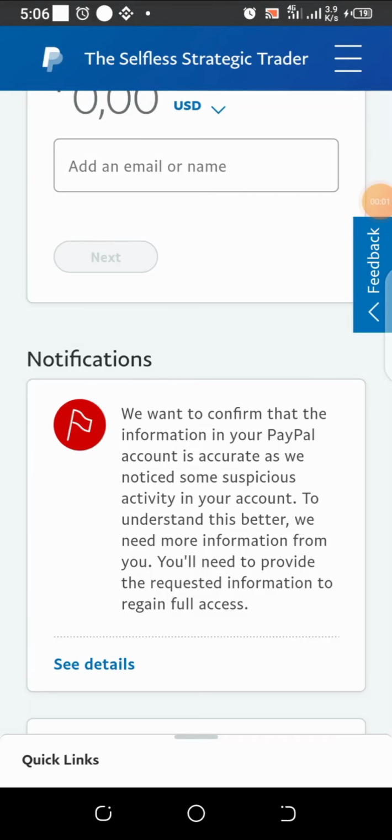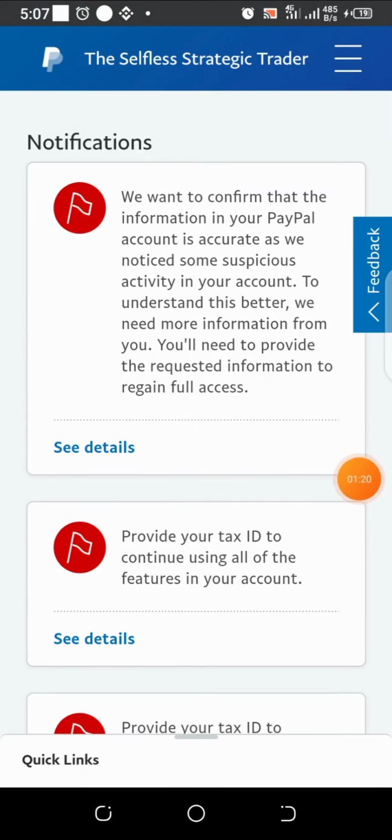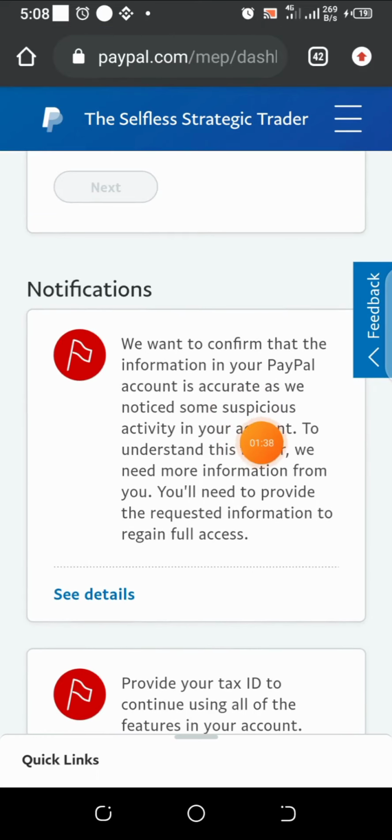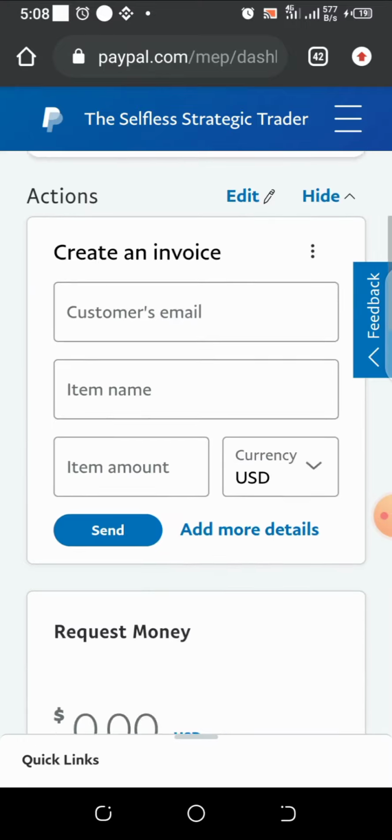How can we deal with this PayPal wahala? The country that I used to register my PayPal actually resulted in this limit that we are seeing right now. After getting to the PayPal limit, I was asked to provide my tax ID. You see, provide tax ID, and we want to confirm that your information in your PayPal account is accurate. As we notice some, there's nothing like suspicious activities on my PayPal account, and now I'm having